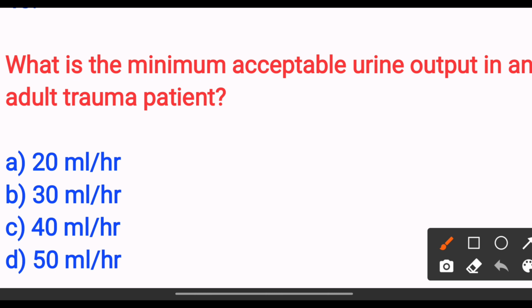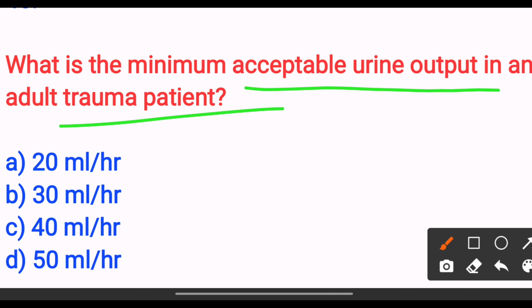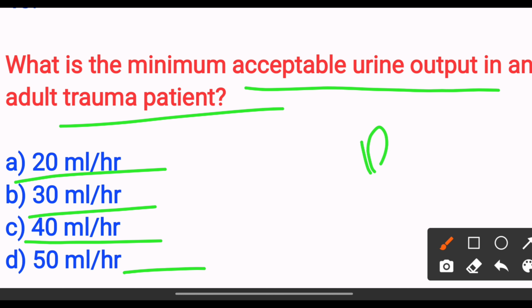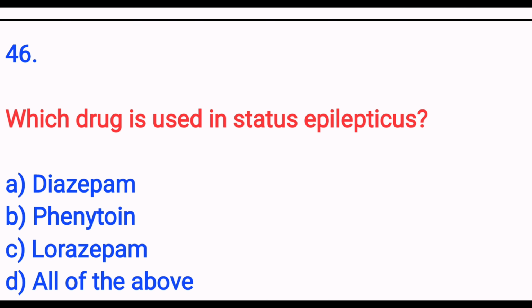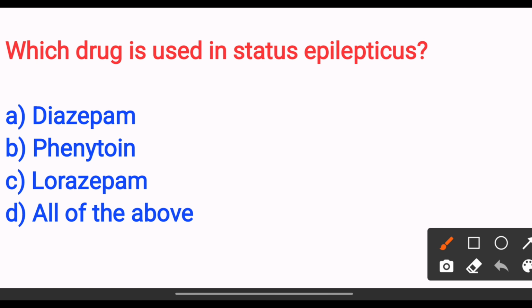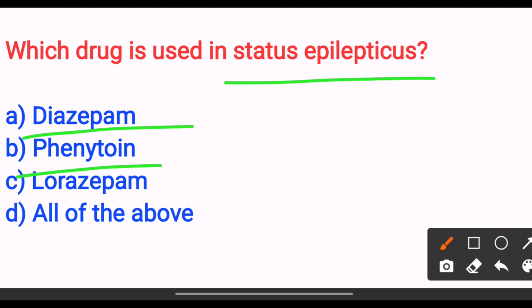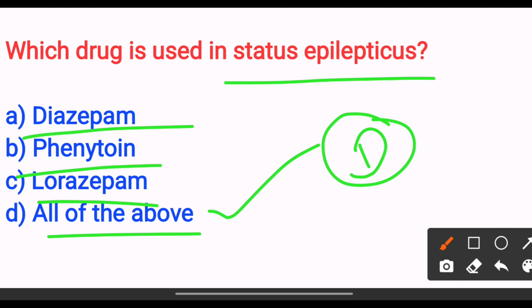What is the minimum acceptable urine output in adult trauma patient? Option A 20 ml per hour, option B 30 ml per hour, option C 40 ml per hour, option D 50 ml per hour. The answer is option B 30 ml per hour. Next, which drug is used in status epilepticus? Option A diazepam, option B phenytoin, option C lorazepam, option D all of the above. The answer is option D all of the above. Next,